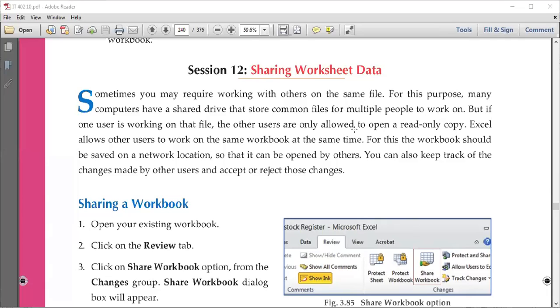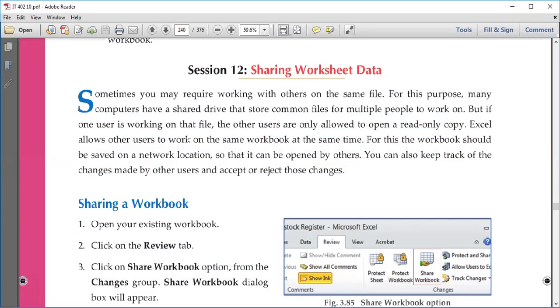So but in this case, if one user is working on that file and the other one has also opened that file in its system, for that person, second person, the file will be in read only mode. Means they can only read the things, they cannot make changes into the file, they cannot save anything into the file. अगर एक आदमी उस फाइल को यूज कर रहा है तो बाकी लोग देख सकते हैं, they can see the file but they cannot just change anything into the file. Or they can do is they can create a new copy of it, you can save it with a different name, and then they can do the changes, right? So this is the default settings of a network.